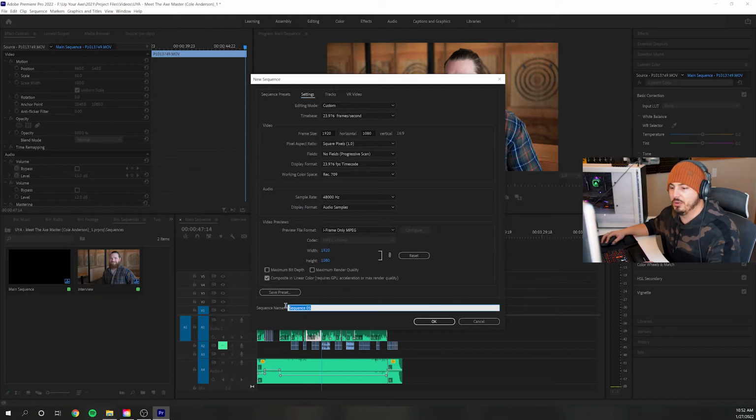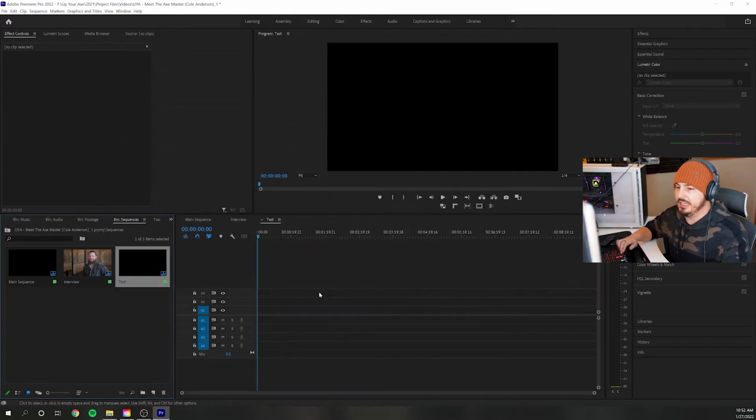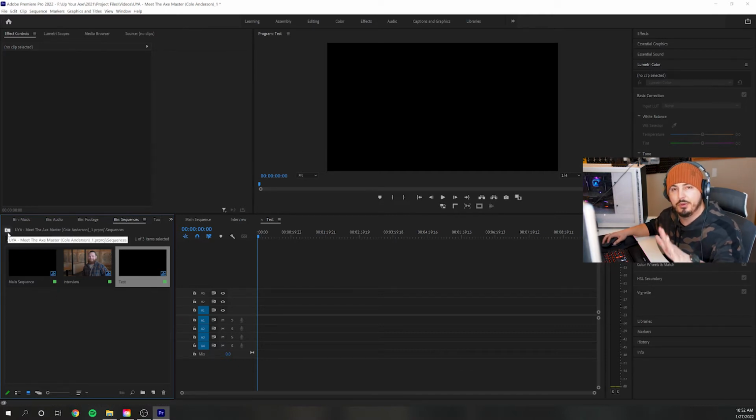Now this is also important because when we're organizing our files, which is huge when you're editing, to keep everything organized and easy to find, we're going to name this test. We're going to hit OK by hitting enter. And now as you can see in our media bin,